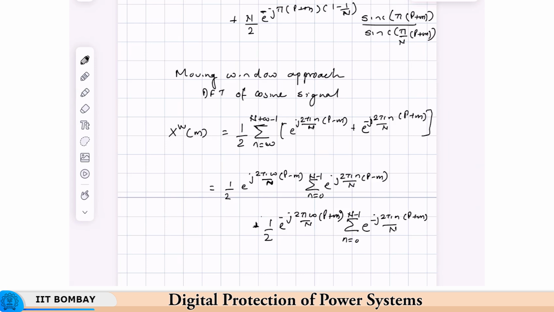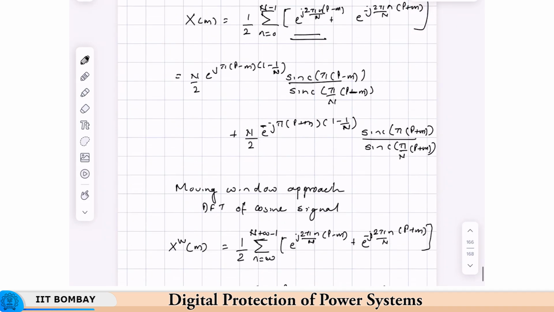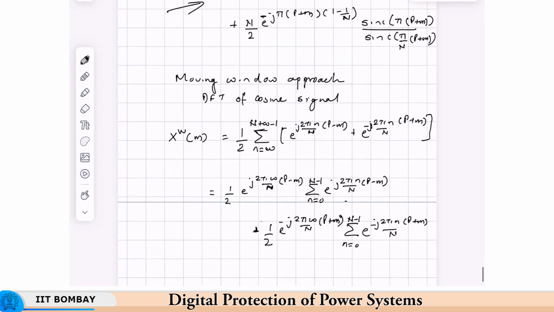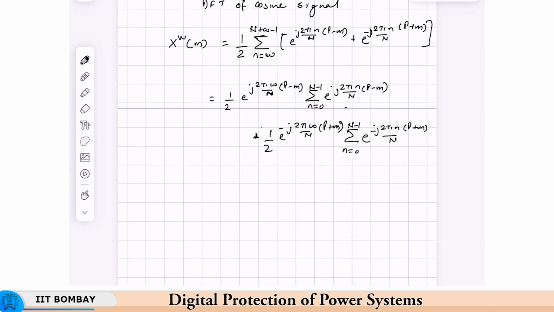Now for this series we have already derived the DFT here. This is what we have derived, so we'll just replace that. We just get two extra terms here. So for a real cosine signal, the X of,